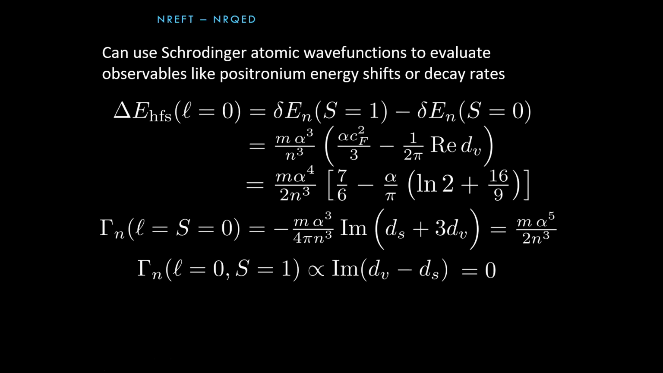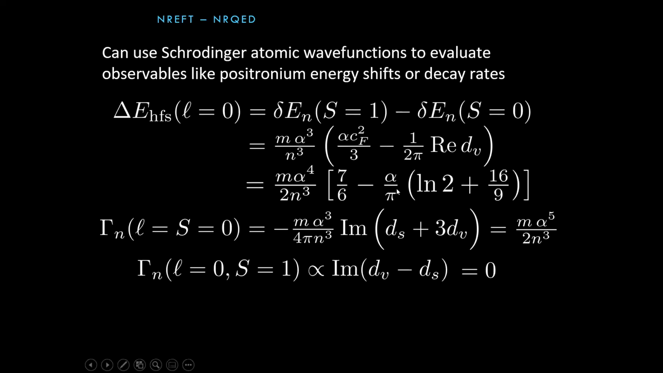I can't remember if that's ortho or parapositronium, but that's the one that decays, and the other one doesn't decay at this order at alpha to the 5th, and that's because there's a selection rule, charge conjugation, that forbids it from happening at this order. You have to go to higher orders,